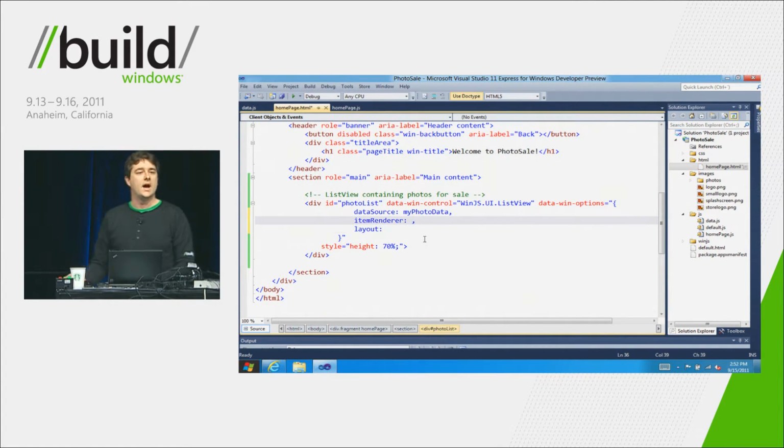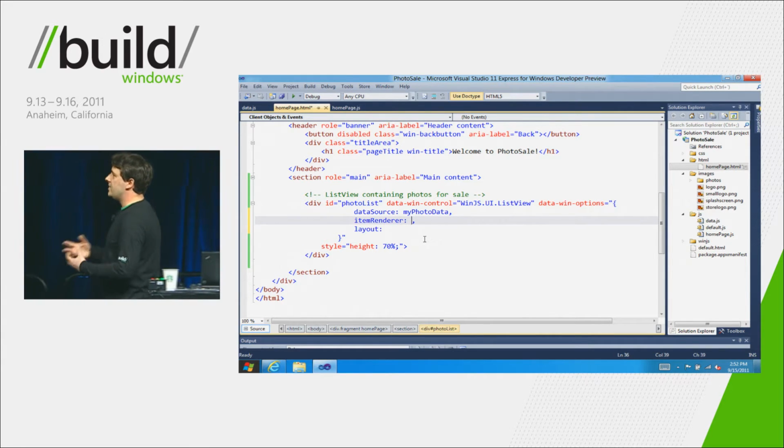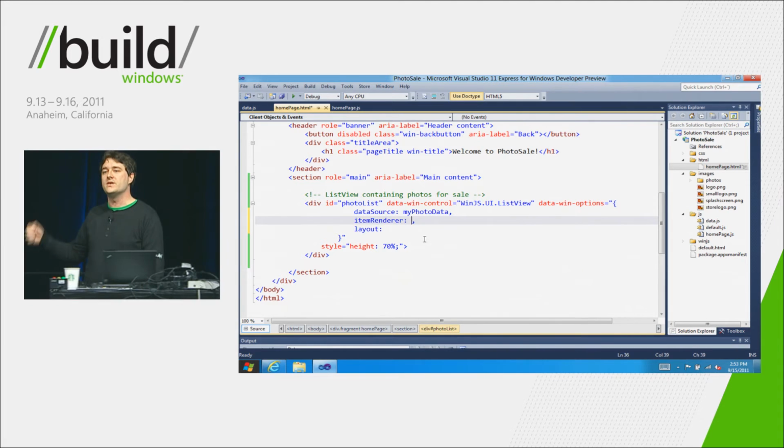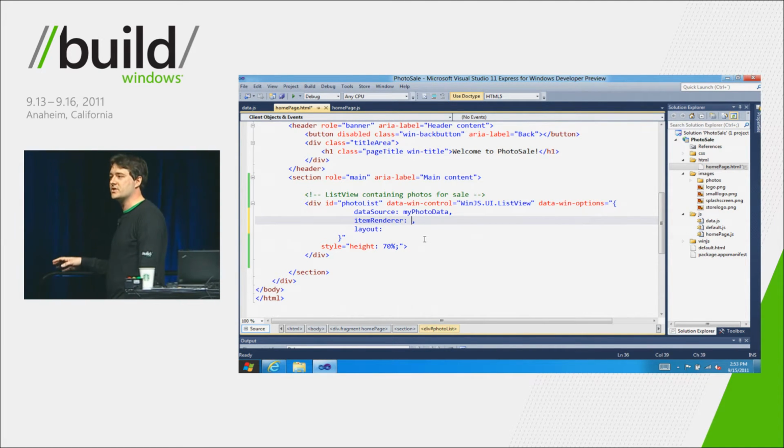The first of those is an item renderer. Now, an item renderer is a mechanism for returning essentially trees of HTML elements to represent each piece of data in your data source. That's all the list view is. It's just a bunch of HTML elements, and all the items inside are just a bunch of HTML elements. And so that mechanism can be a couple things. You can just go write a function in JavaScript. It can be a simple function that just returns back trees of HTML elements for every single piece of data that's fed into it. But there's another way to do it, which I think is easier,